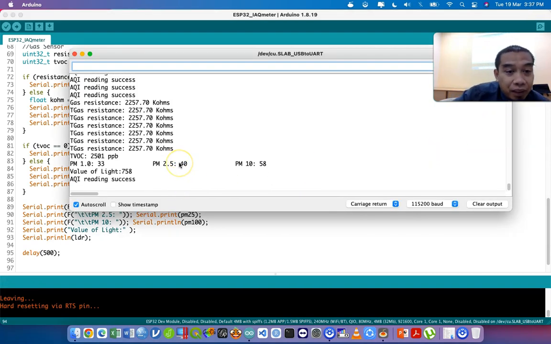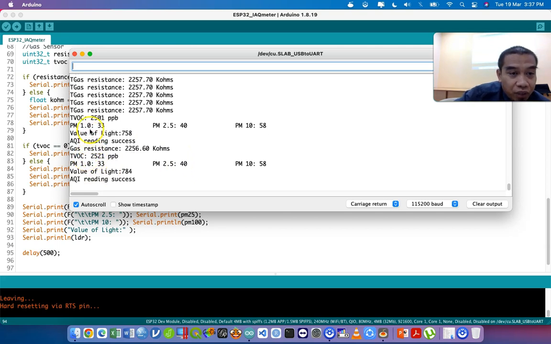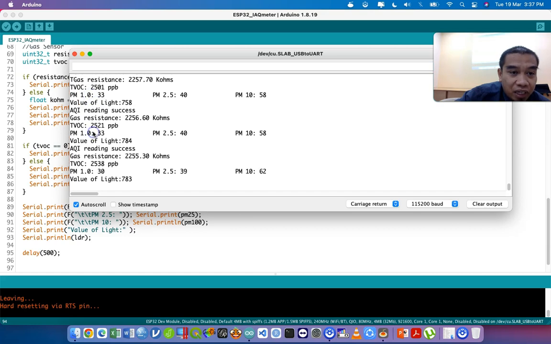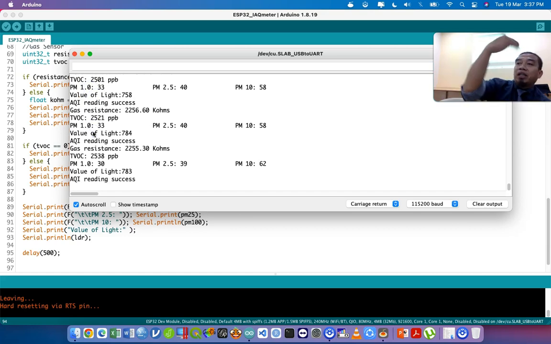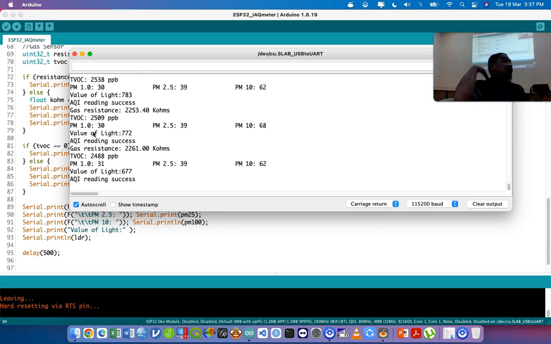Okay, this is the example. Nampak we got the TVOC, we got the value of the particulate, we got the value of the light. And then it keeps repeating, reporting everything. So when you did all this, that means halal already. You are going to the next step where we are going to send the data to the cloud. That one we are going to discuss tomorrow. So kalau tuan-tuan dan puan-puan